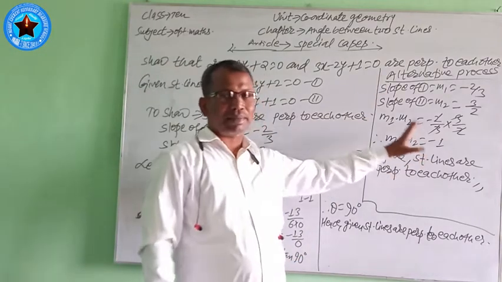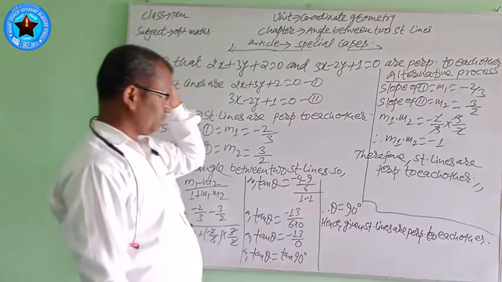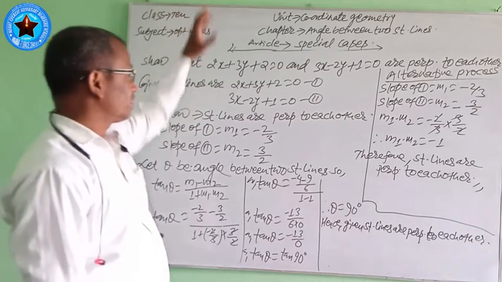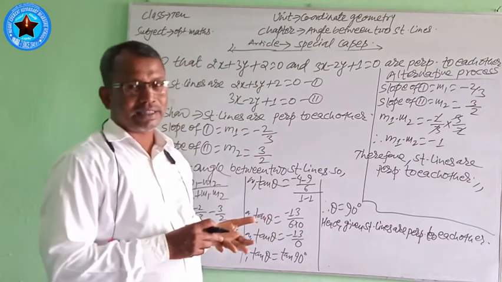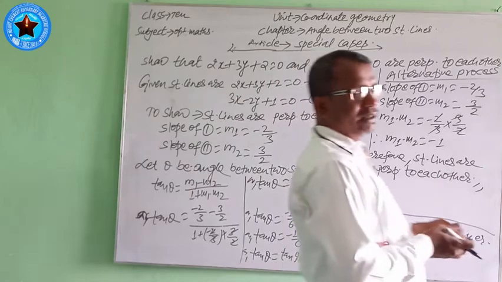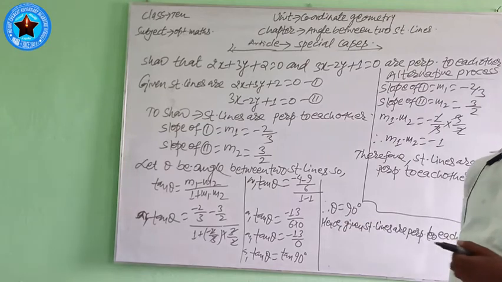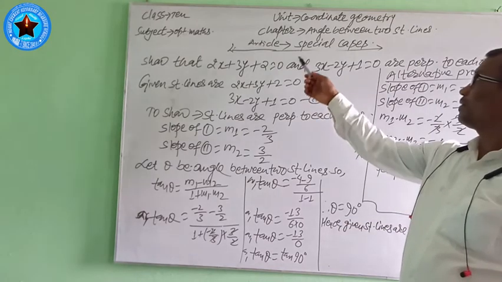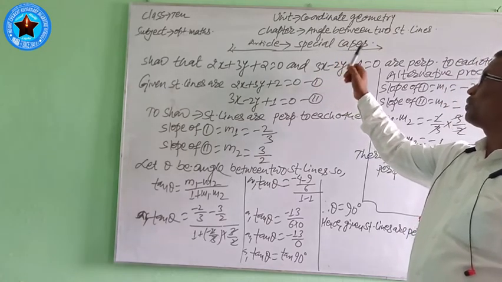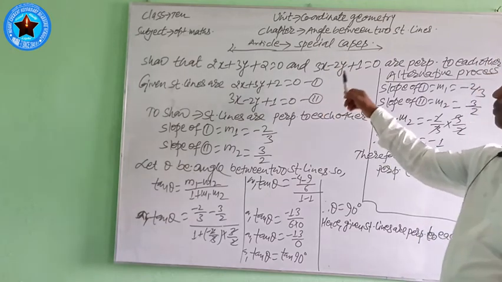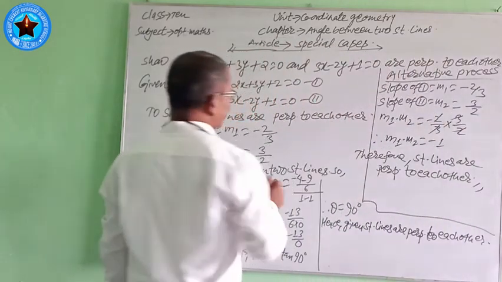Following this process also we can find the solution of this question, and finding the angle between two straight lines also it can be done. Here I have completed the formula on the angle between two straight lines, that is tan theta equals plus minus m1 minus m2 by 1 plus m1 into m2, and the use of formulas and displaying many examples on them. And today I have discussed the special cases, and there are only two special cases, and from those two special cases you have been made known.